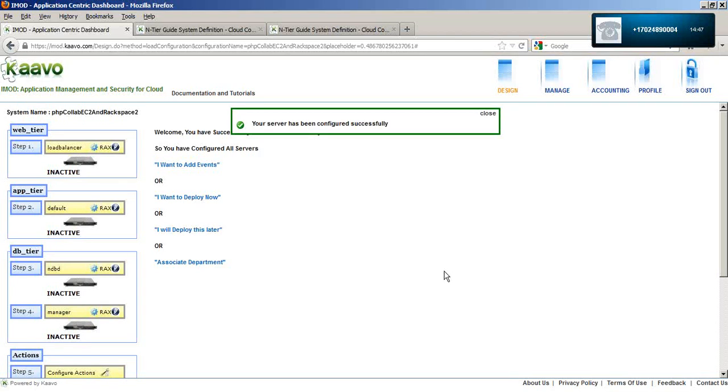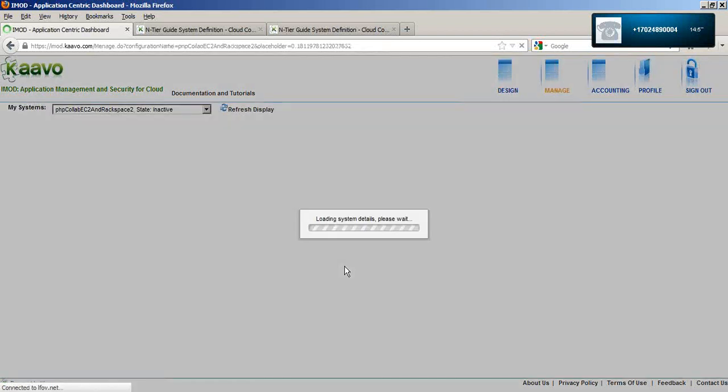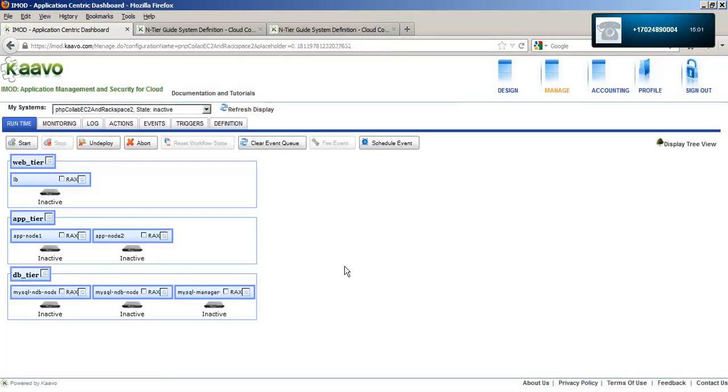This finishes configuration for both EC2 and Rackspace. I will click I will deploy later to view the system in the manage page. Now the template is fully configured to run on both EC2 and Rackspace.